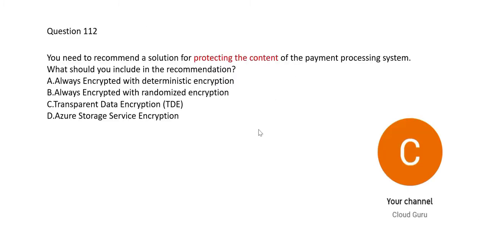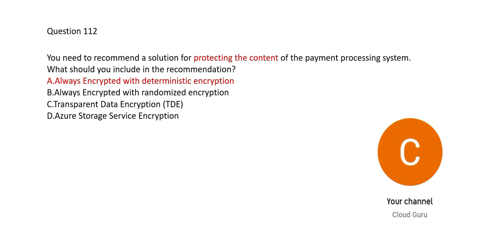The first one, option A. So the first option, encryption with deterministic options. So what it does is, suppose you want to keep it very secured, then you use randomized encryption, because that way everything will be very secured, but you will not be able to join multiple tables, because since it's randomized encryption,